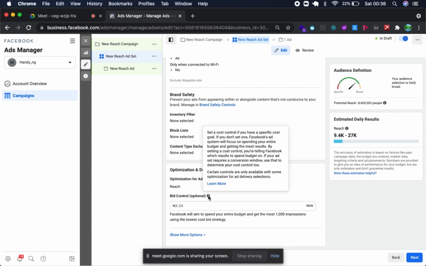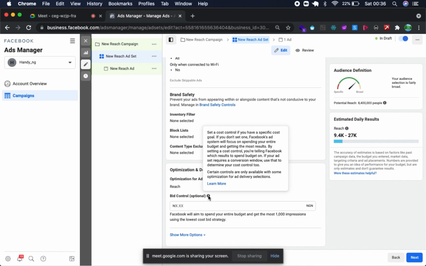For example, if I see that the CPM for that particular campaign is like 320 naira, I can come back and say, okay, Facebook, don't spend more than 300 naira. That's what I do. So I see the general trend of the market, I see how expensive the market is first before I come and set a lower bid, and that in most cases works.